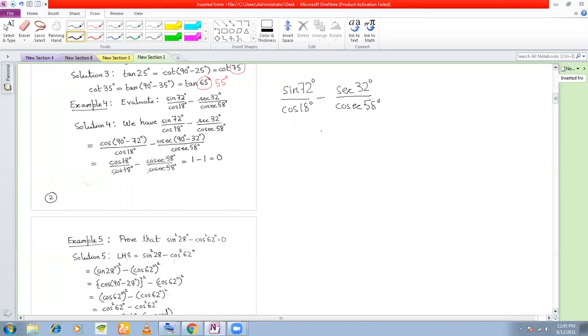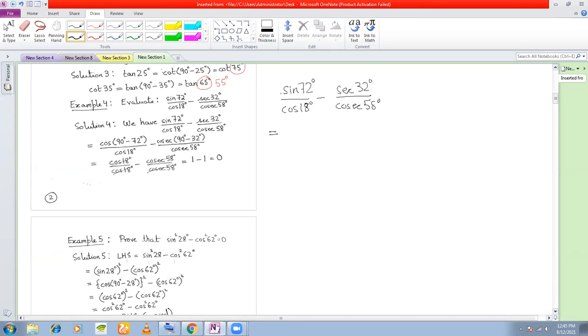Now you see here that you have sine and cos, sine in the numerator. You have two fractions. In the first one, you have sine in the numerator, cos in the denominator. In the second fraction, you have sec in the numerator, cosec in the denominator. Now, as I told you, cos is a very good trigonometric function. Among all the three brothers, cos is the best one. Very good charactered one. So you should have a little bit of extra love for cos. So try to change everything to cos.